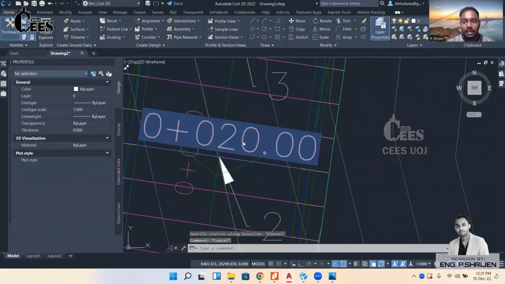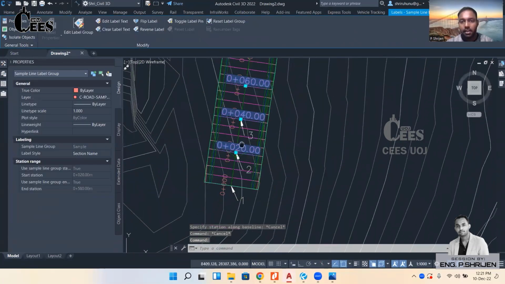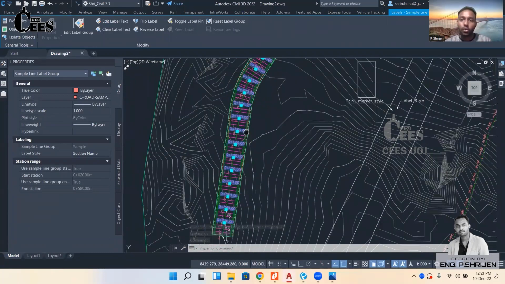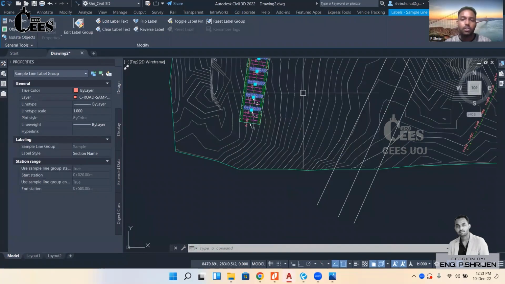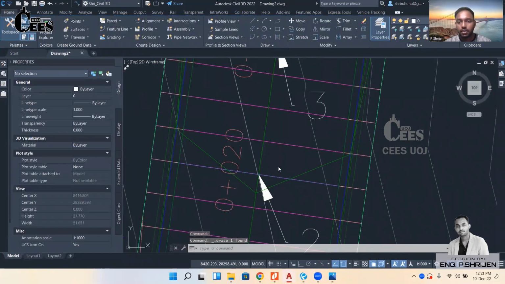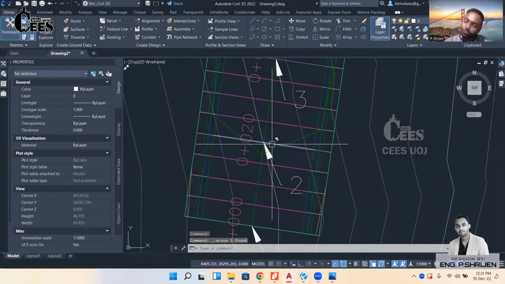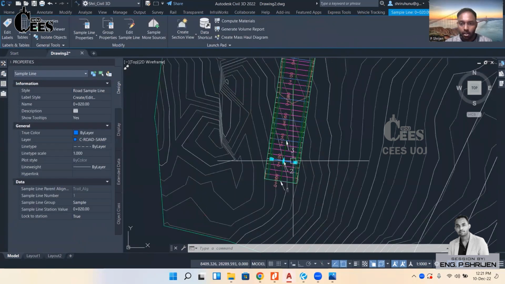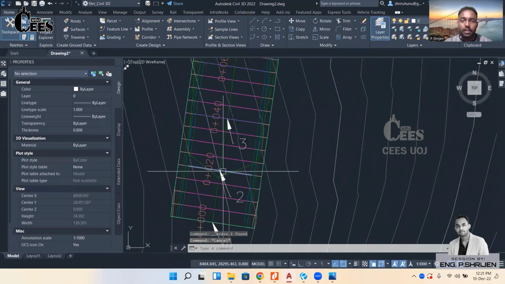If I don't need this labeling, I just click it, and if you click one label, it automatically selects the whole labels. So I just remove the whole label in one shot. I removed the sample line labeling, but I have the sample lines. To create the cross section,